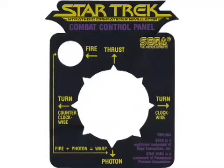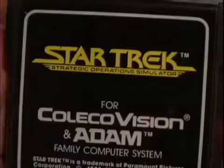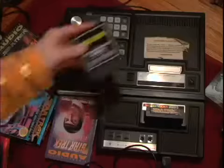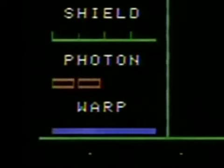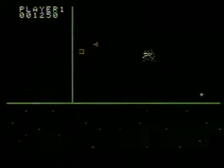for whatever reason they decide to make an overlay for the controller. Next up, same game, same name, the name which just rolls off your tongue, Star Trek Strategic Operations Simulator for ColecoVision and Atari Family Computer System. Like I said, it's the same game, but the graphics are improved. The ships are more detailed, the explosions are better, and your shield, photon, and warp power are all clearly indicated, instead of just having mysterious blocks. Yeah, take that, you sons of damn Klingons. Klingons suck my